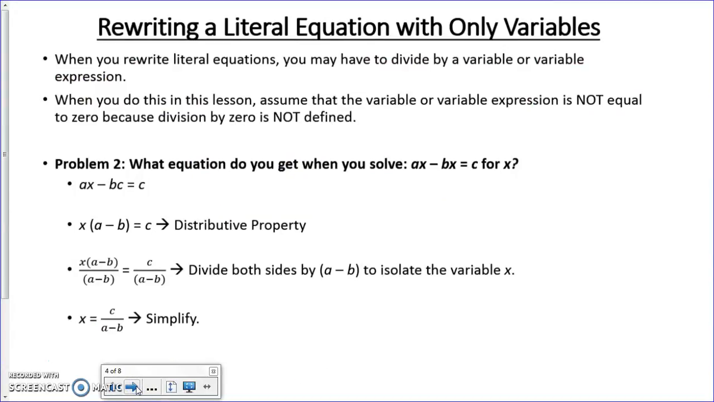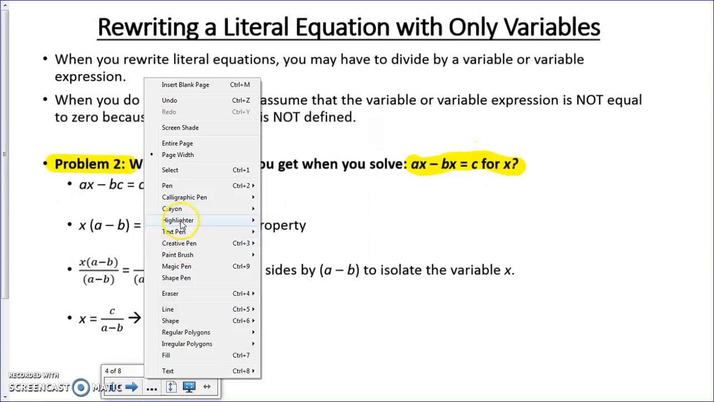When you rewrite literal equations, you may have to divide by a variable or variable expression. When you do this in this lesson, assume that the variable or variable expression is not equal to 0, because division by 0 is not defined. So problem 2: what equation do you get when you solve ax minus bx equals c for x? So in this problem,